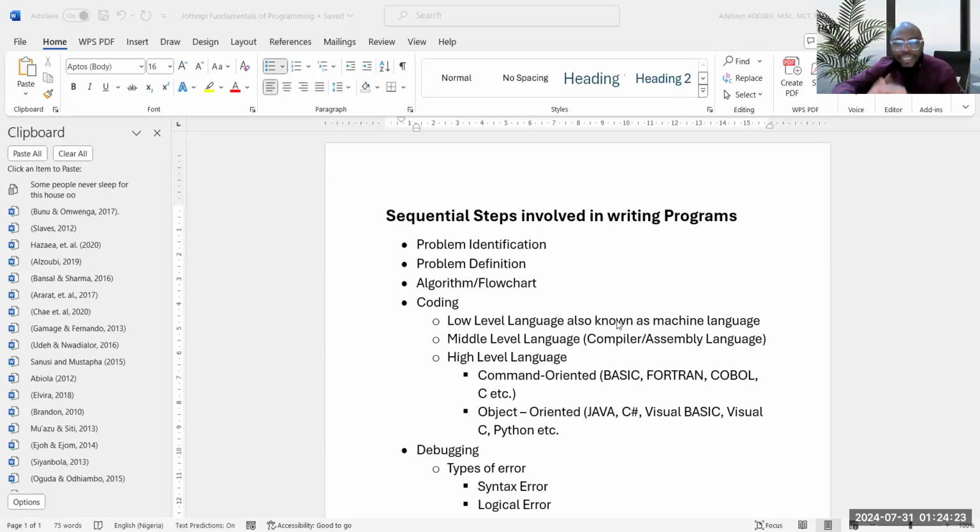The first step is to identify the problem. You must know what you want to do. You might not have a total understanding of how at first, but at least you need to know what you want before you set out and say a computer should help you. So you want to write a program that you put on the computer to help you achieve an objective or solve a problem. So you must be able to identify what you want to do.